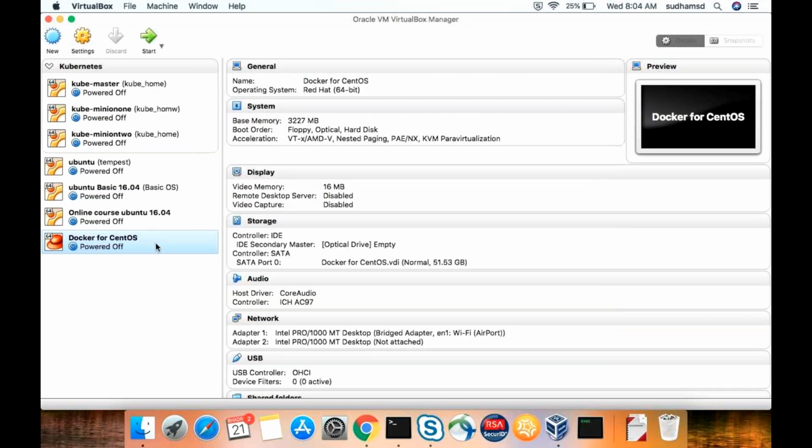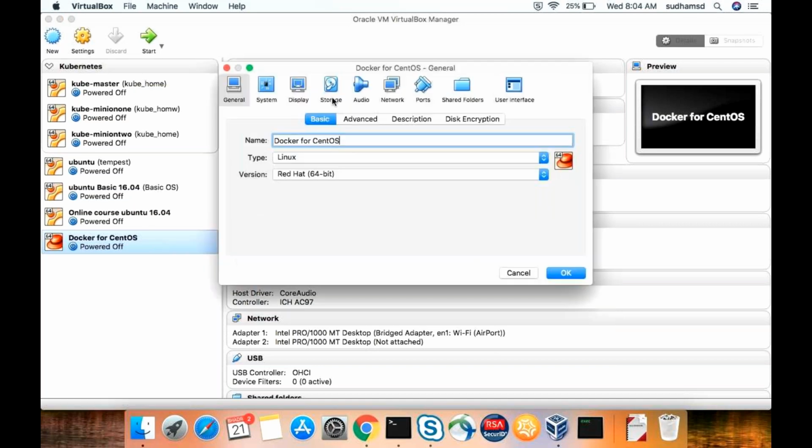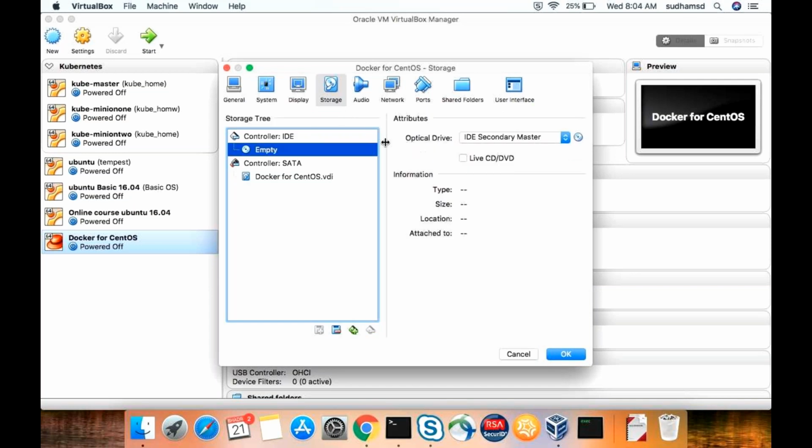Oh, I forgot to give the ISO. The storage is empty. It is up to us whether to give bridge or NAT, depending on your requirement. I have enough IP addresses in my router, so obviously I can go for bridge instead of giving NAT and host-only and facing the problems with them. I will give only a single IP, with both internet connectivity and the ability to communicate from one physical machine to another with this bridge IP.